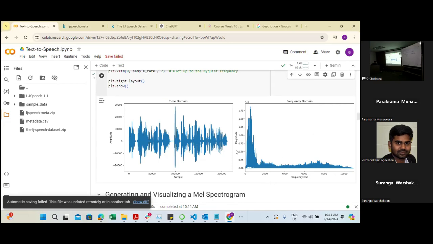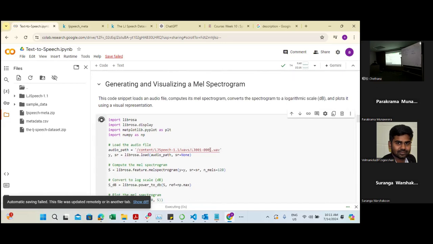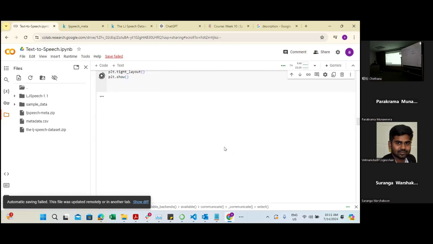But we don't care about these two. What we need is a spectrogram, right? So let's create the spectrogram for the first audio clip, right? So once you play it,